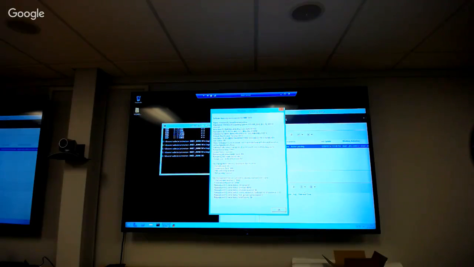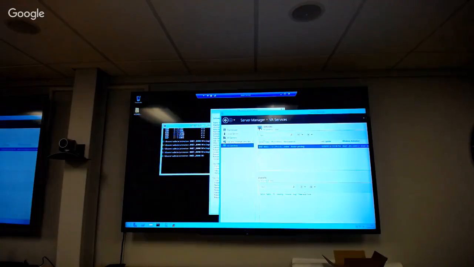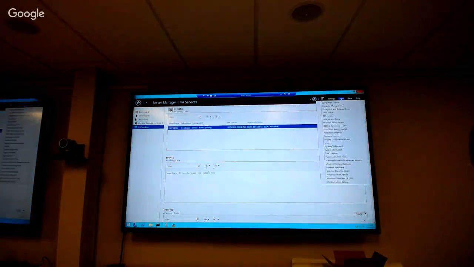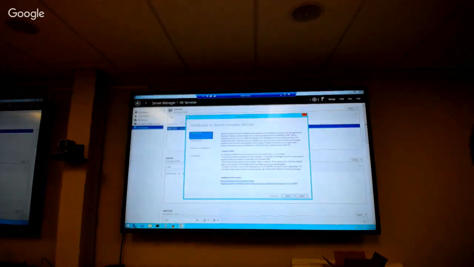That's really it. When you have to put in new licenses, for example, if we have a KMS for Server 2016, the process is really simple. Like you get the key, you